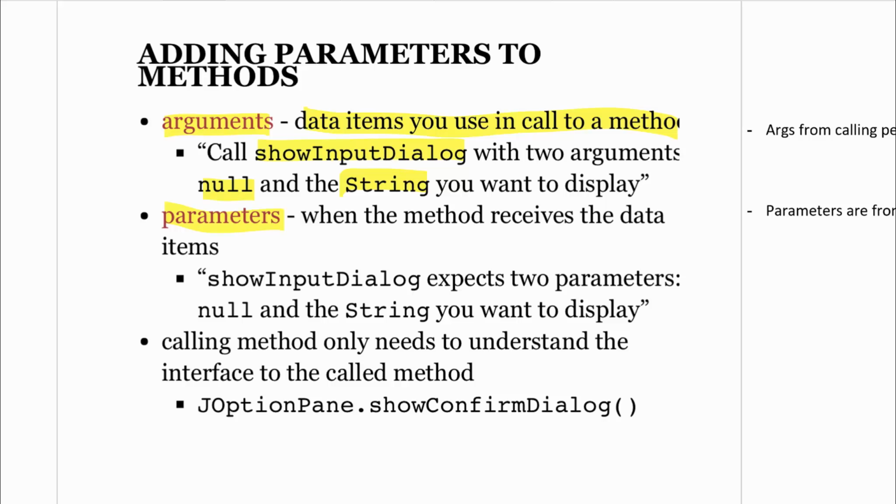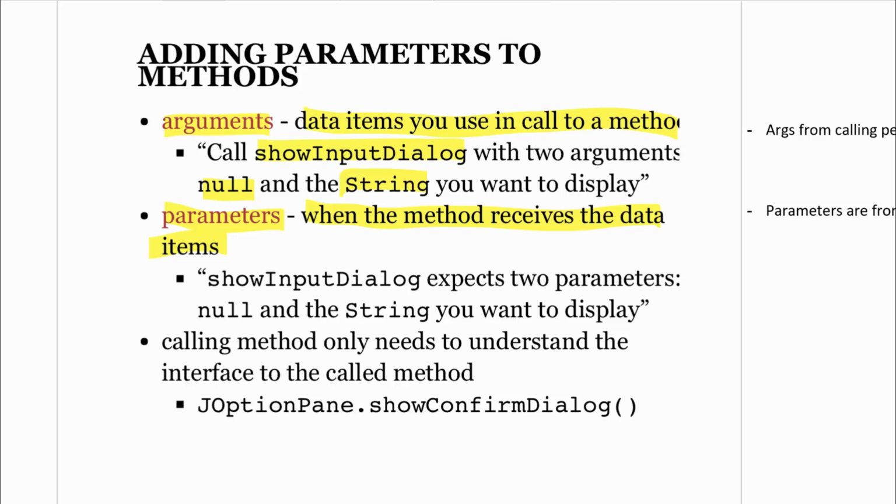Now parameters are kind of the same thing as arguments. They're just from different perspectives. So an argument is from a calling perspective, anytime you call a method, and then a parameter is from a receiving perspective. So anytime you receive information from a method, it expects certain things. So right here the definition says parameters when the method receives the data item. So arguments and parameters are kind of interchangeable to a certain degree, but just know that they're from two different